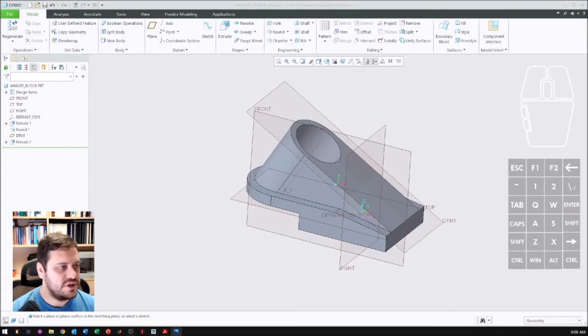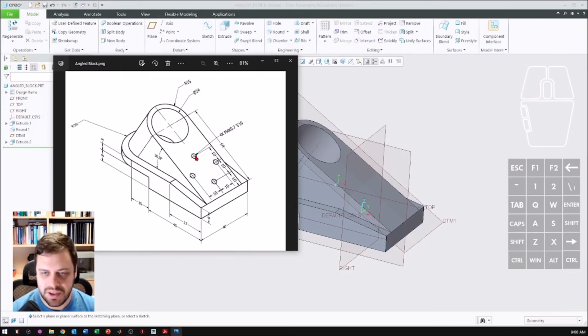Okay, so the next thing we're going to do, which is our last component of this particular item, are the 4 holes that you can see on the screen through here. So you could use the hole tool, and the notation that you've got here is 4 lots of an M4 by 0.7, which is a 4mm thread, 10 millimeters deep. I'm just going to simply use an extrude for this example